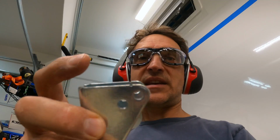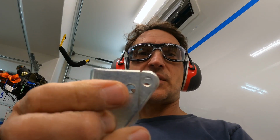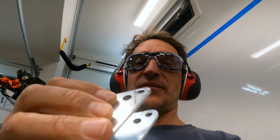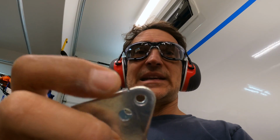All right, coming to you live, already equipped up. I've got to cut this bracket down where I put these score marks already, and cut new holes, these lower holes here. These are the holes it came with. I had to cut it down to these holes because that's the actual size I needed, and I figured I might as well reuse the bracket. It's a really heavy duty bracket, but I can't cut through this without a lot of effort with my bandsaw,